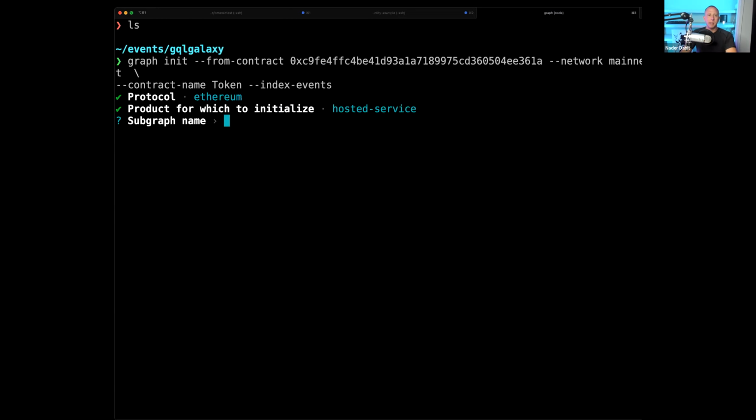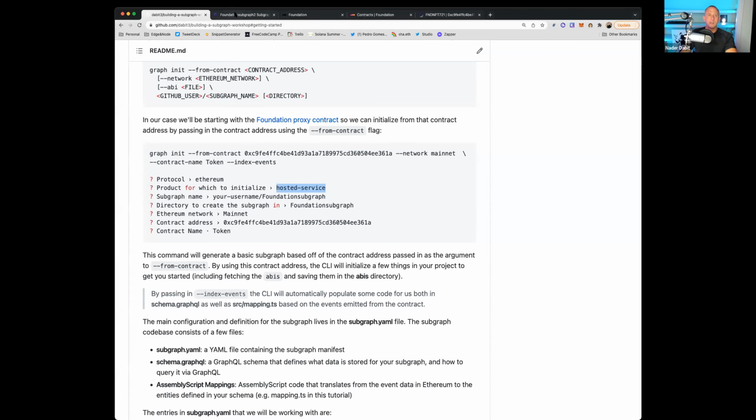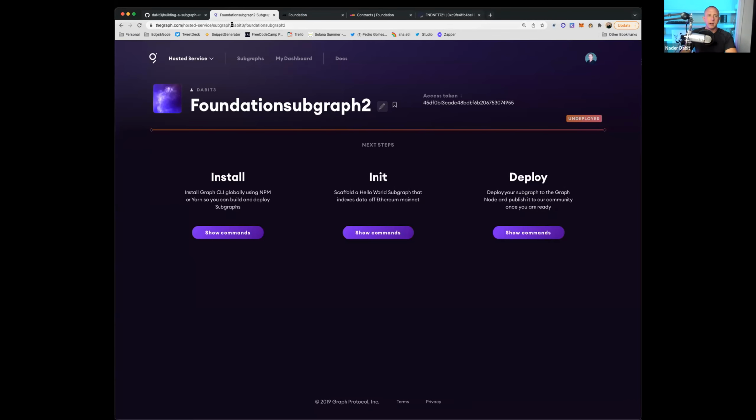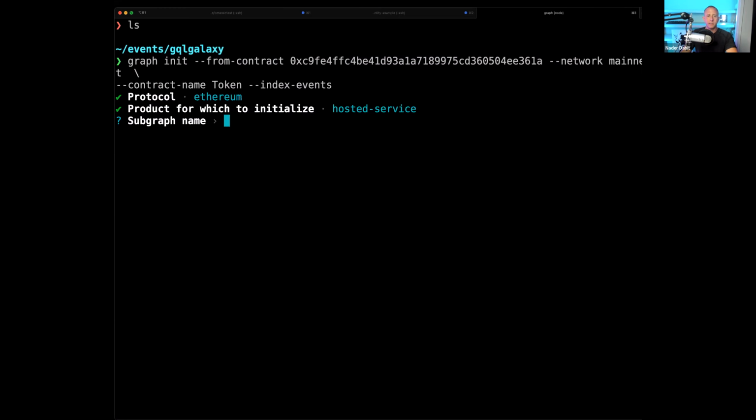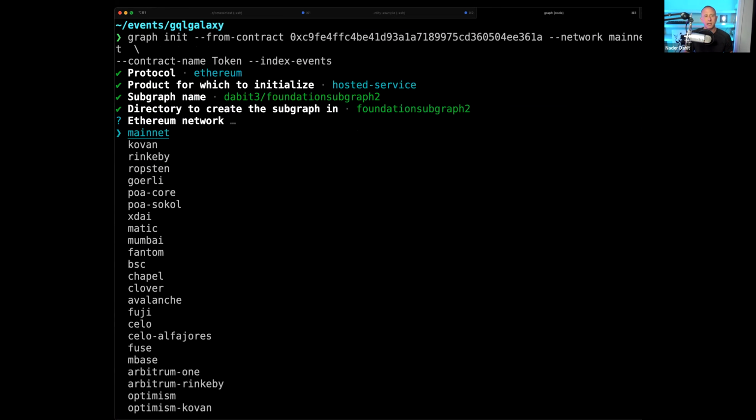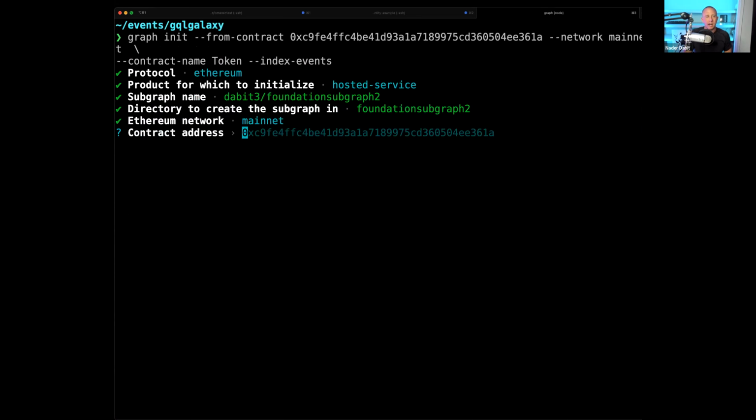subgraph name. This is going to be a combination of your username slash the subgraph name that you defined earlier. So if I go to the dashboard here and copy the slug, which is Dabit3 slash foundation subgraph 2, then that should work. The directory should be the name of the subgraph, the network should automatically be set to mainnet, and the contract address and contract name should also automatically be set.